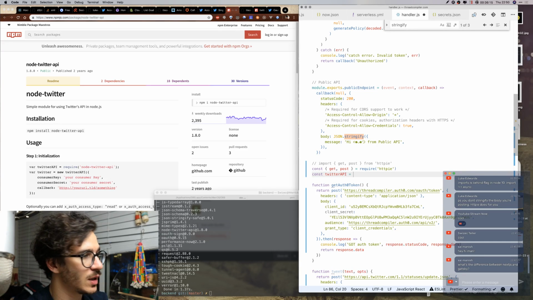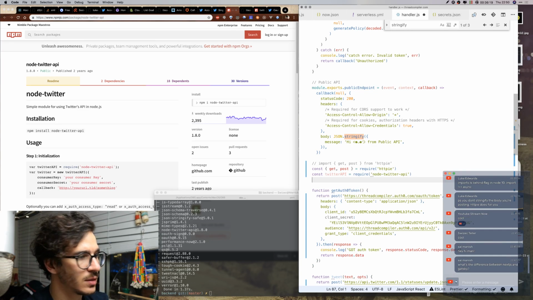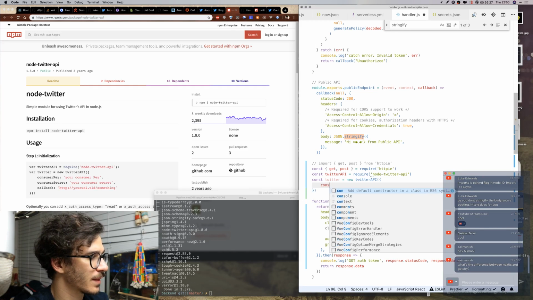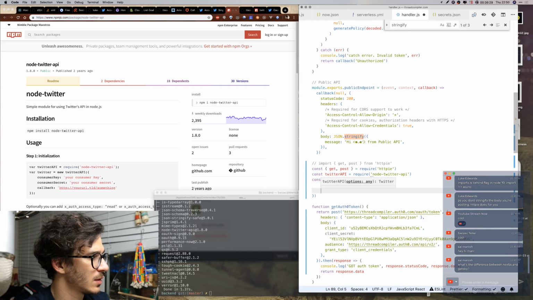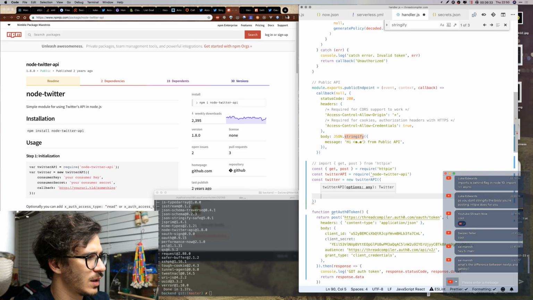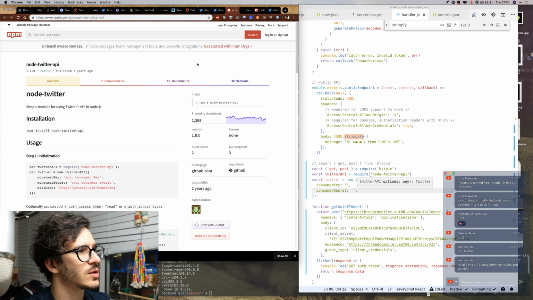So we say Twitter API require node-twitter-api, and then const twitter equals new TwitterApi with my consumer key, my consumer secret, and a callback, which is going to be foo right now because we don't actually have that. So no callback.